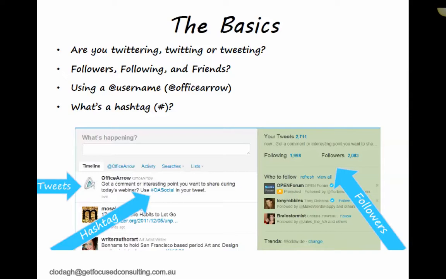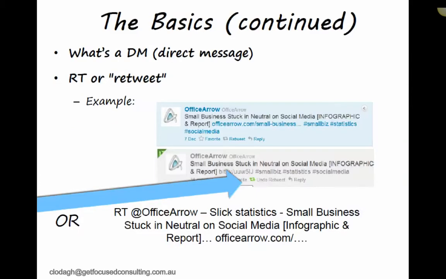A hashtag is like a qualification. It's almost like if you want to classify your tweets so that they all come up together. It's a bit like a filing cabinet. And then followers, you can see how many people you're following and they can follow you back. So that's really how you basically use Twitter.